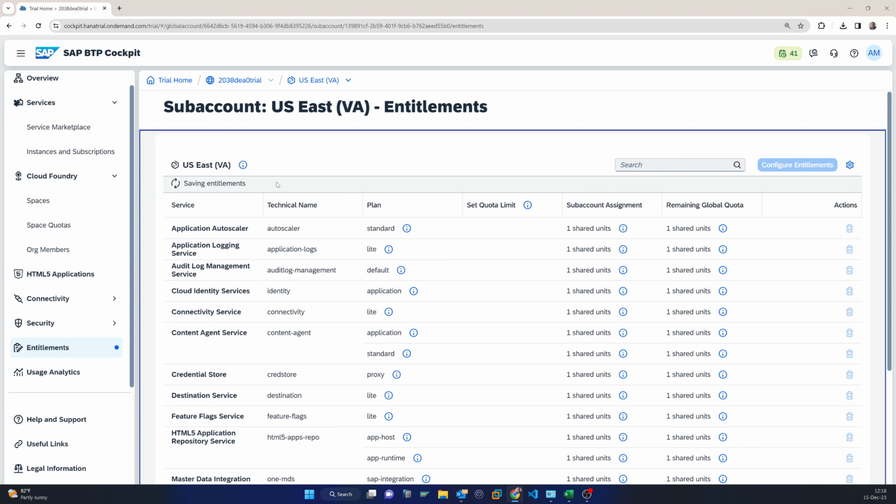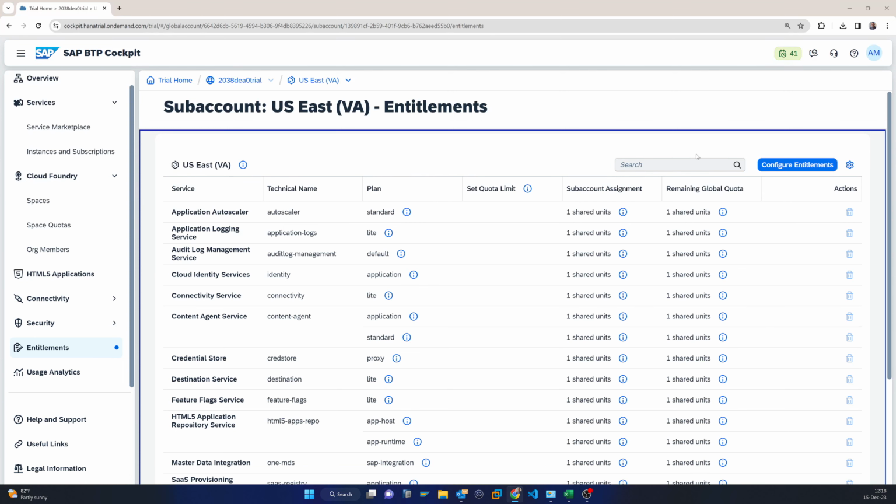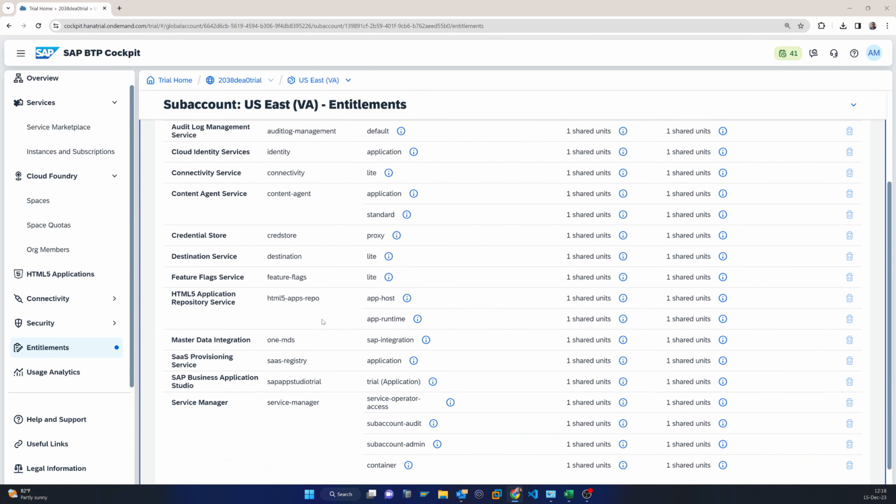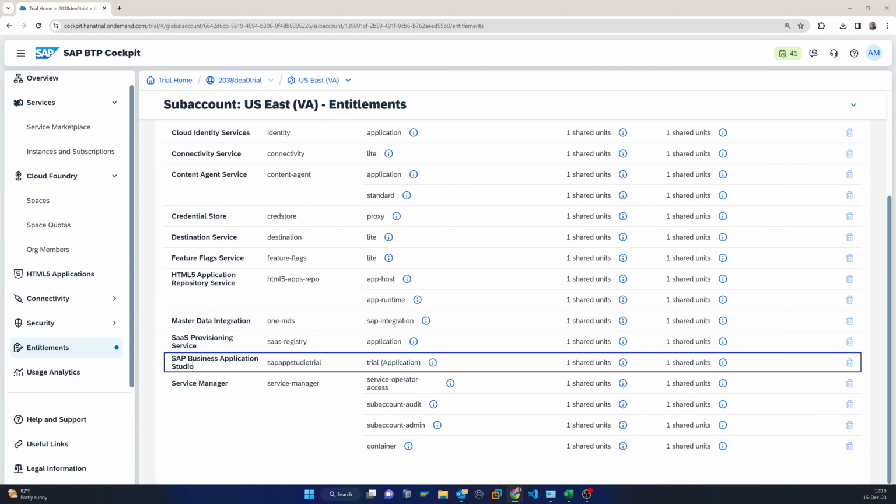I mean if you just press save here and go to other pages, then you will not find it. So you have to make sure that it is saved properly. So now you can see that is the business application studio, that is the shared unit, and later when you deploy the application, sometimes you may need to configure here. So I'm not